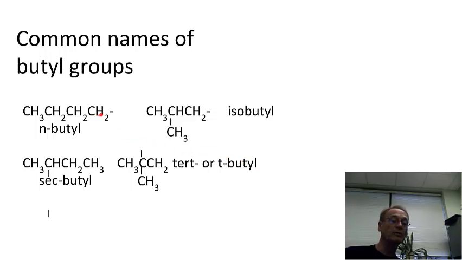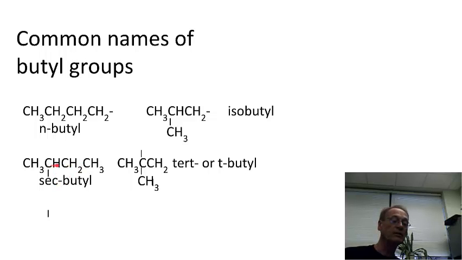There are four kinds of butyl groups. There's n-butyl, which you can imagine is four in a row with a point of attachment at the end. There's isobutyl, which is CH3, CH3 with another CH2 group attached to it to make it butyl, but it's iso because it's a CH3, CH3, and then the point of attachment is over here. But then we also have a new one called sec-butyl. We've never seen that sec prefix before. Basically, it just means that the point of attachment is on the second carbon of 1, 2, 3, 4,